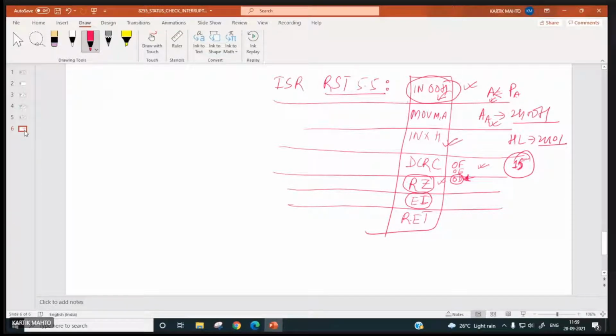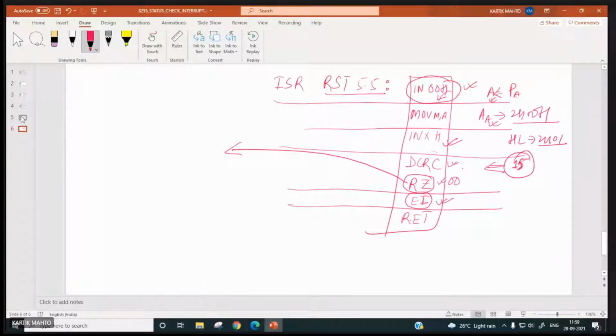It will increment the memory pointer and decrement the count. Now suppose all 15 kids have inputted their data. Then the count will become 0, and from here it will return to the main program without enabling the interrupts.